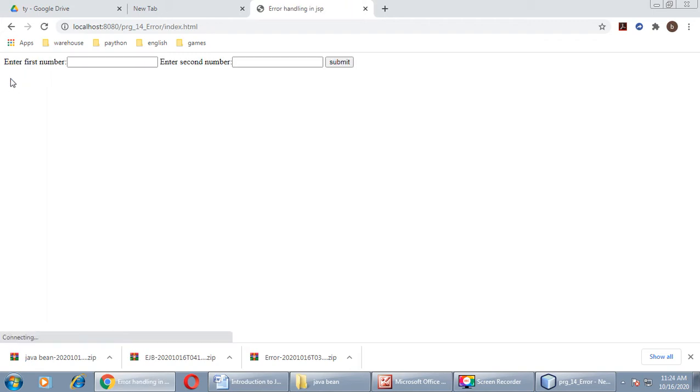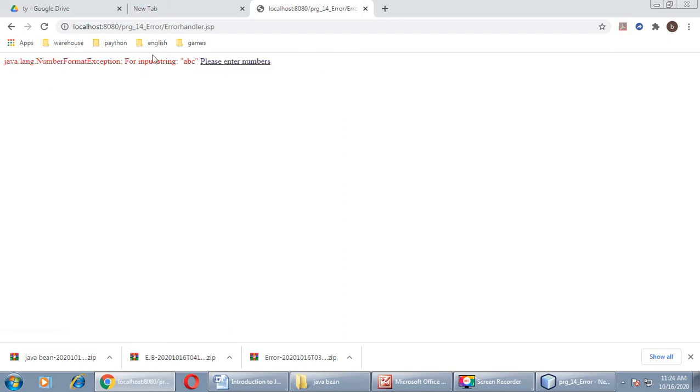Click on back. Now enter one wrong number or enter some string in this text box. For example, I am entering ABC and one number. This is an error, right? We cannot divide any string by any number, so this will generate an error. This I am doing intentionally.